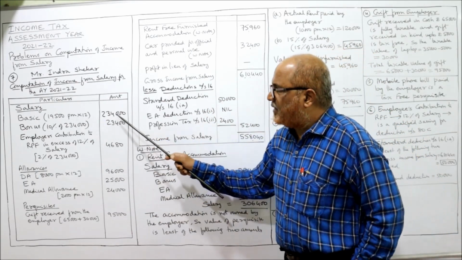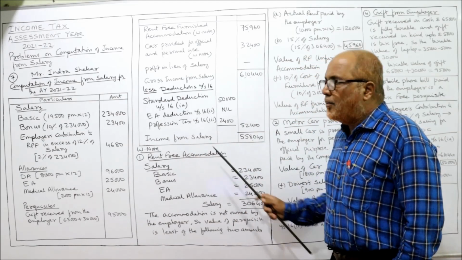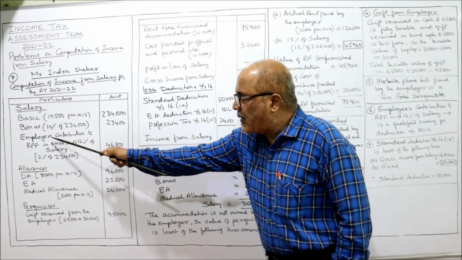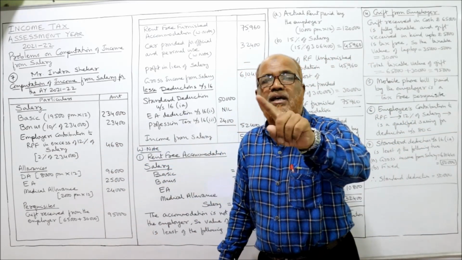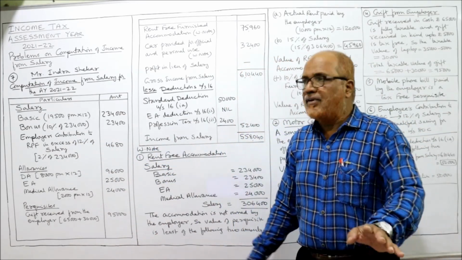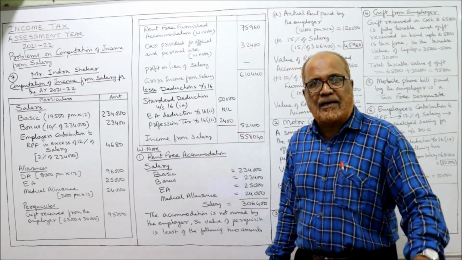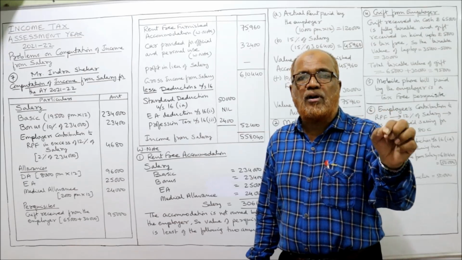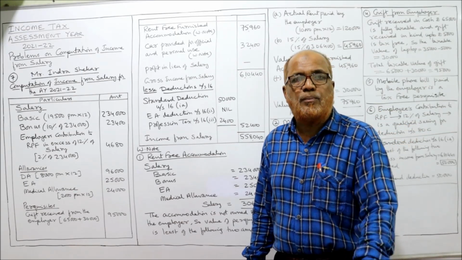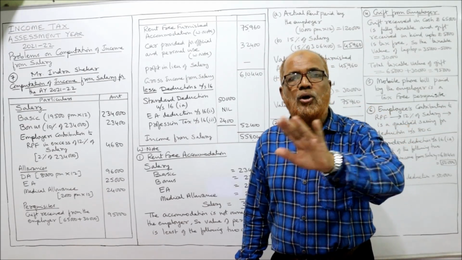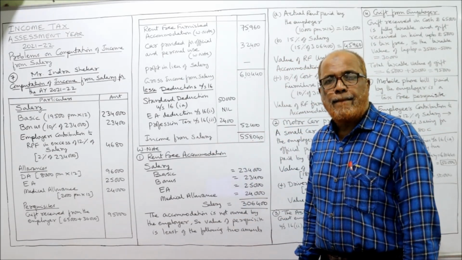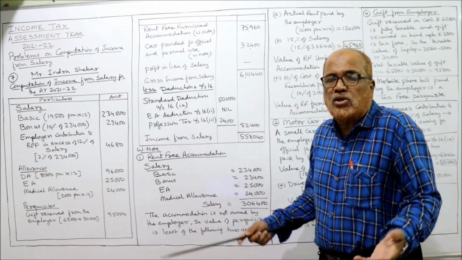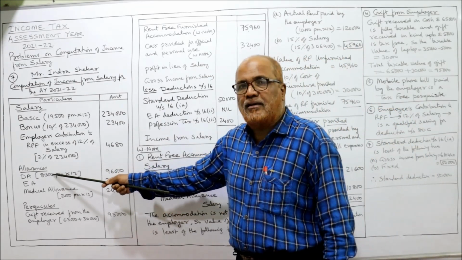Salary: basic we have taken 2,34,000. Bonus we have taken 23,400. We should not take the employer's contribution because it is not there in the definition. Don't take it. Then DA. DA is not entering for retirement benefit. It is not given in the problem. Only DA is given. Don't take DA. If it entered for retirement benefit, then we would have taken it. It is not entering for retirement benefit, so don't take DA.